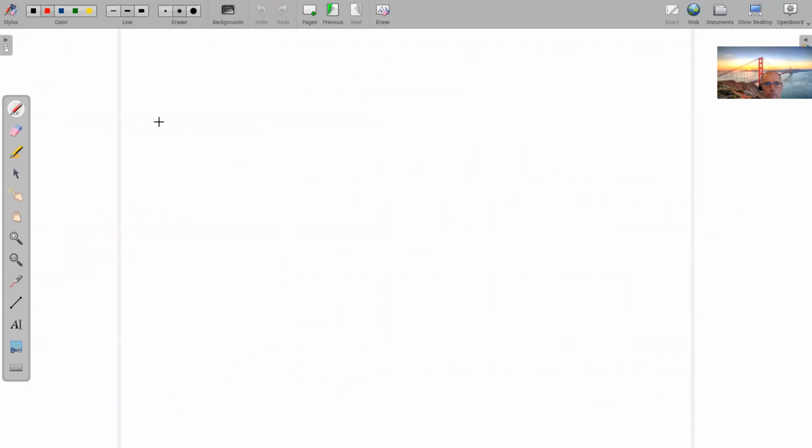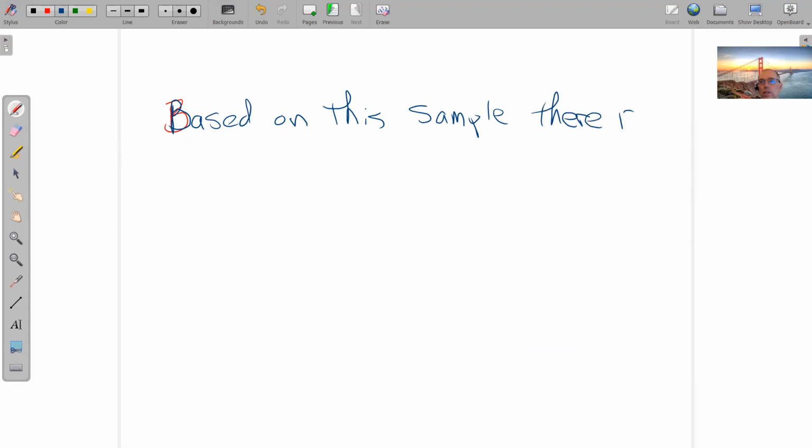All right, so let's see, I might as well start it off like that one did. Let's use blue. So based on this sample, there is sufficient evidence